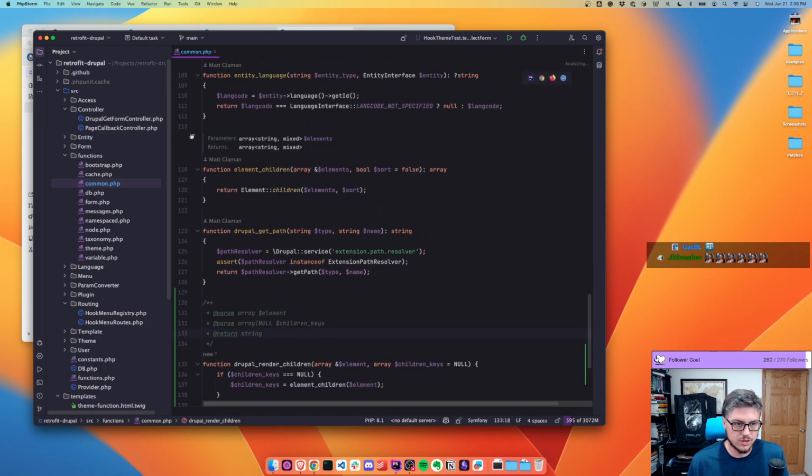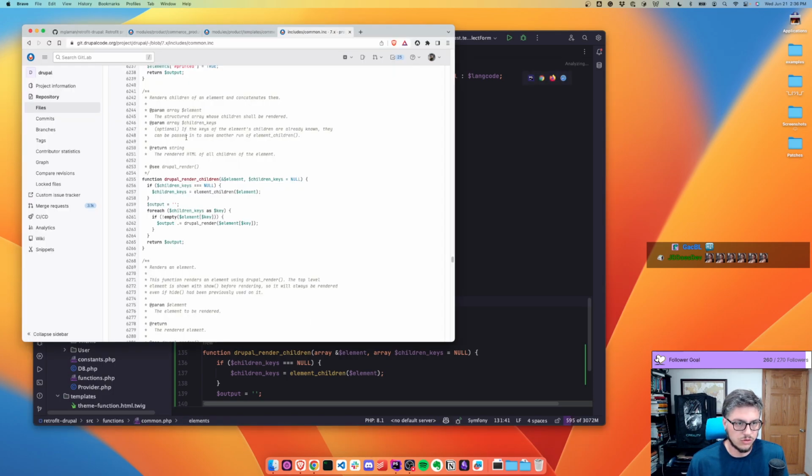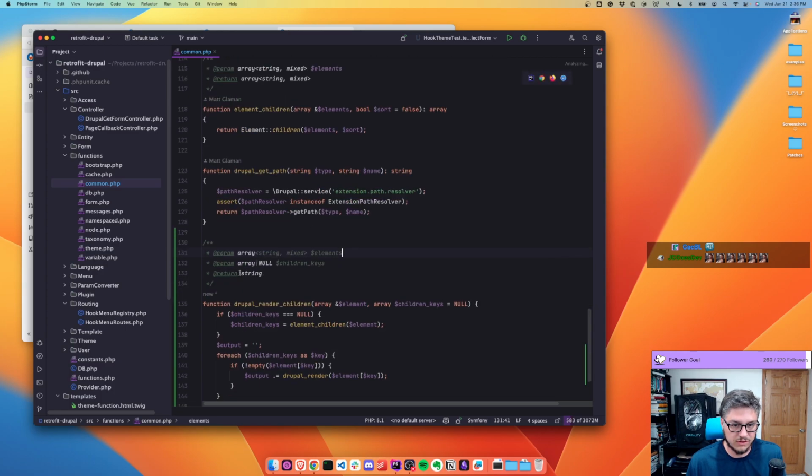Element children is, do some definition. Children keys. If keys of the element are already known, they can be passed to save. So this is an array of strings. It's null,